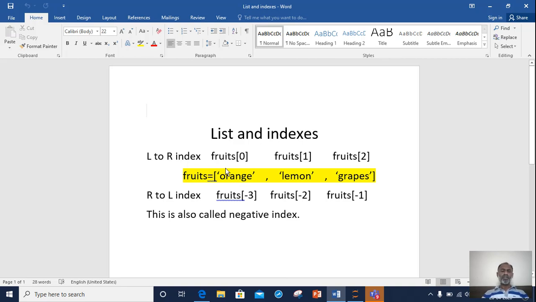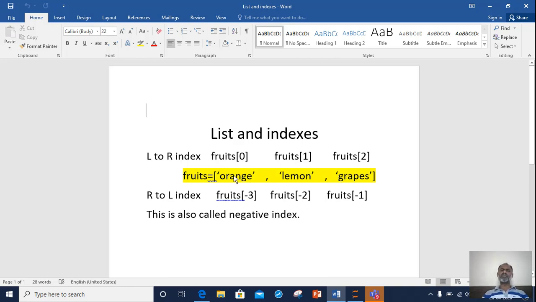So orange is stored in the 0th index of fruits, lemon is stored in the first index of fruits, and grapes is stored in the second index of fruits. If you watch here, it starts from 0 to 2. So 0 to 2 makes it 3. So how many elements do we have? 3 elements. Clear?